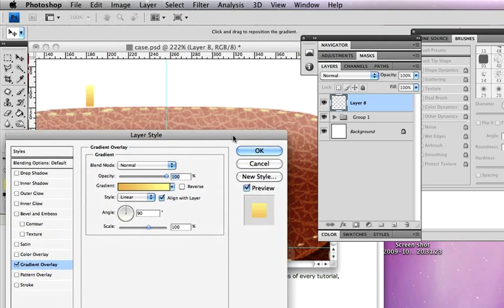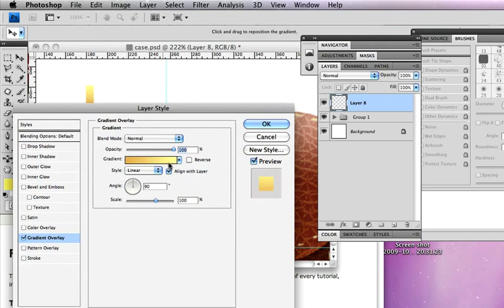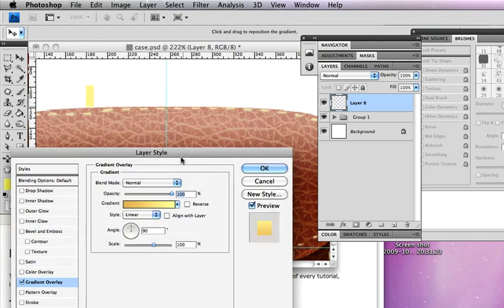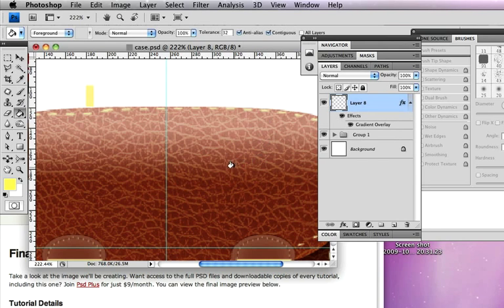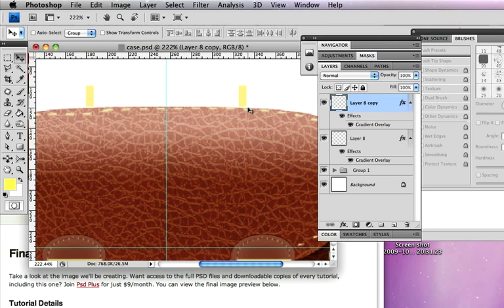That looks pretty good. Make sure it's set to linear. We can uncheck the align with layer. 90 degrees is fine and 100 is fine. Okay, that looks pretty good. I'm just going to V, Alt select that, and then just move it along. Like so. Then we're going to create the little brown bits which are going to go underneath the bottom down